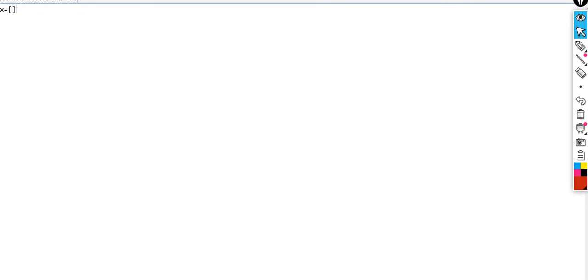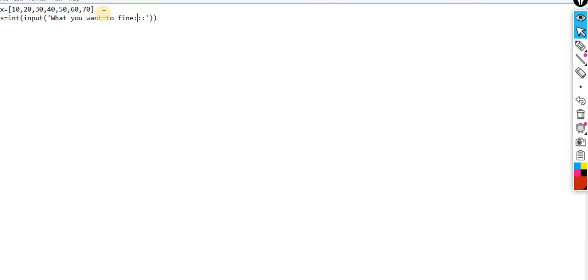So here I am taking these values 10, 20, 30, 40, 50, 60, 70, and I am asking from the user the searching element. What do you want to find?